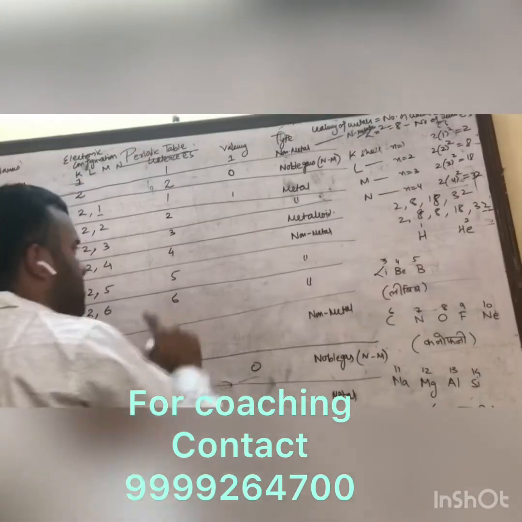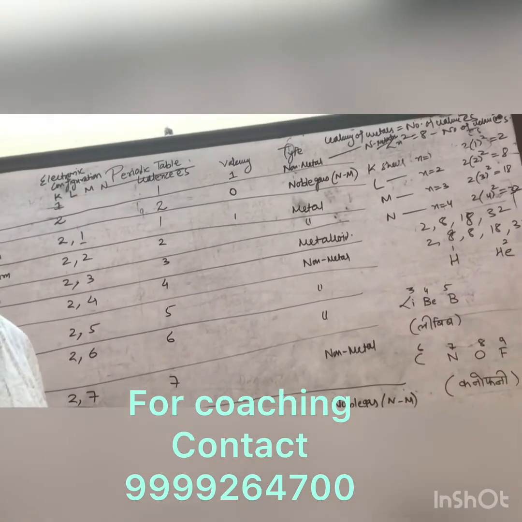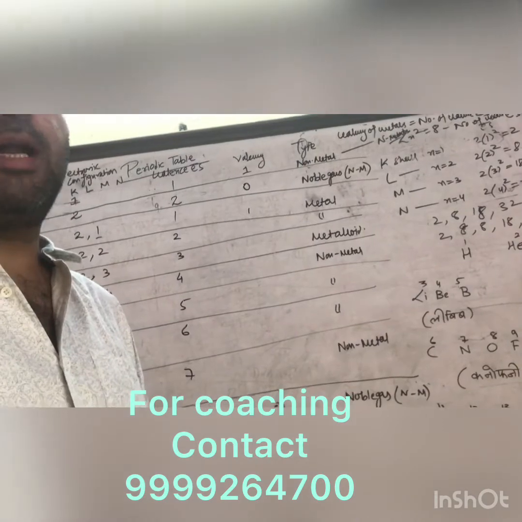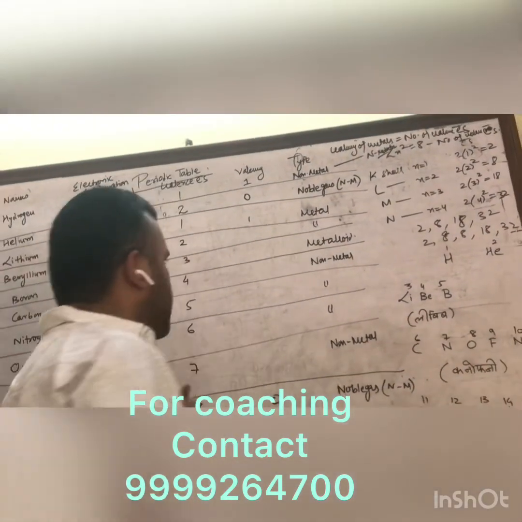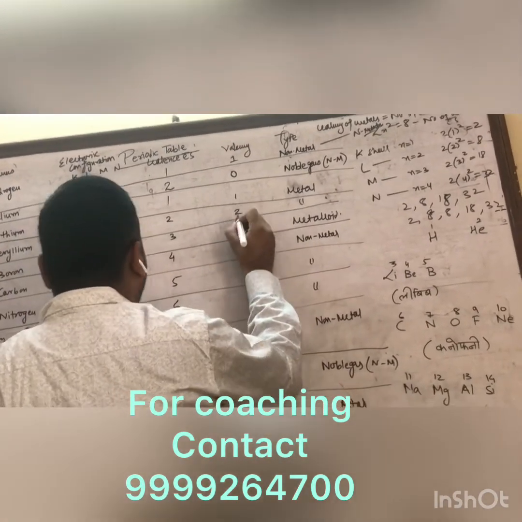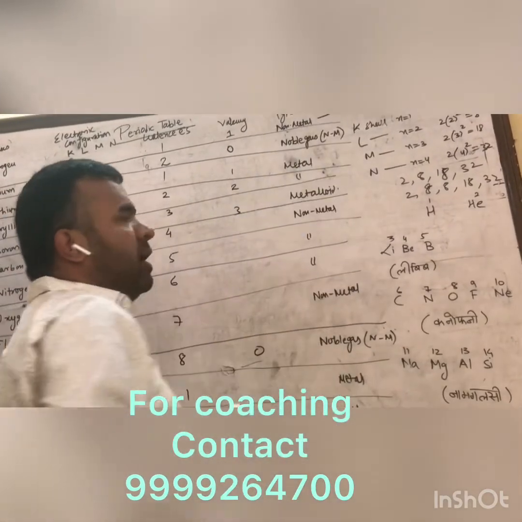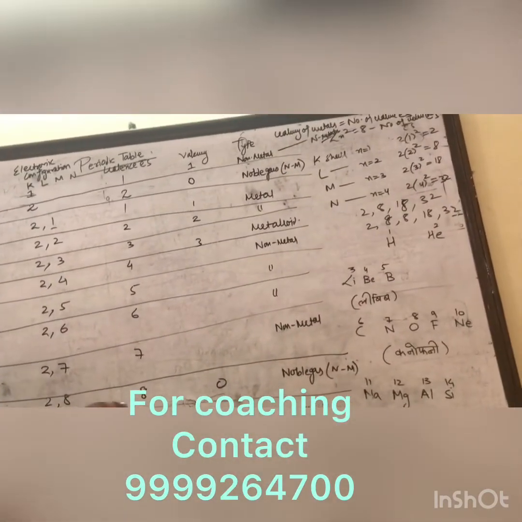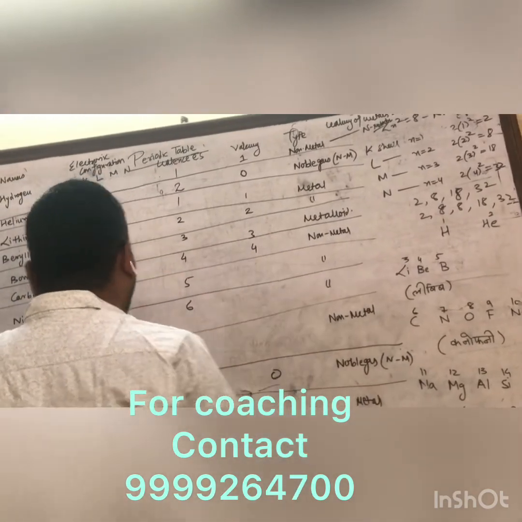मैं यहाँ पर अभी plus minus नहीं लिख रहा, because you know valency of all metals is positive, whereas valency of all non-metals is negative. ठीक है? I'll make a separate session for that. So valency of beryllium is 2, because it's a metal. As I told you, in case of metals, valency is equal to the number of valence electrons. But carbon is a non-metal, so 8 minus 4, 4 you can use.